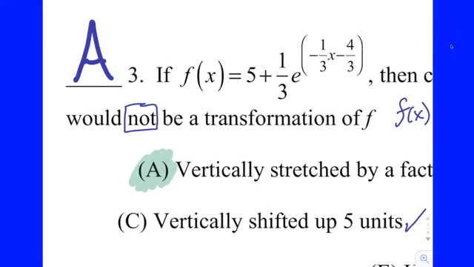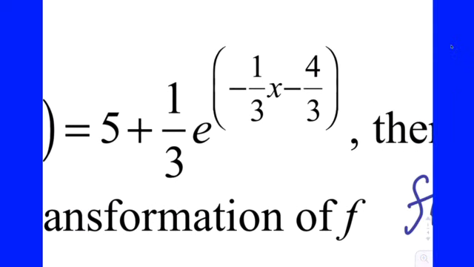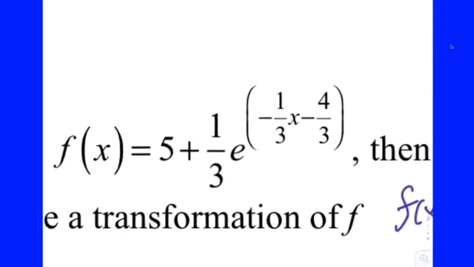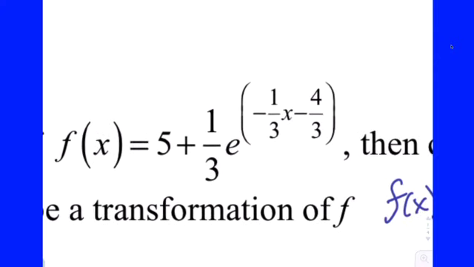Now, not wasn't bold, it wasn't all caps, it was just a word there, right? So you want to read carefully. I put a box around it. So we're trying to find the one that is not true. So of the 5 answer choices, 4 will be true and 1 will not be true. What should we probably do first with this, if all of the answer choices describe transformations? Good. Put it into standard transformation form.